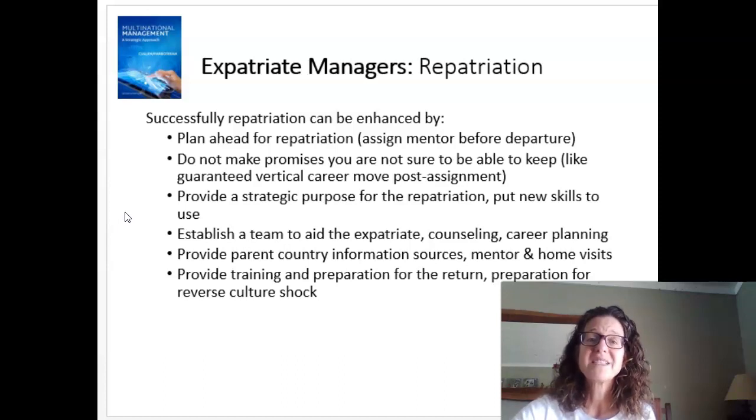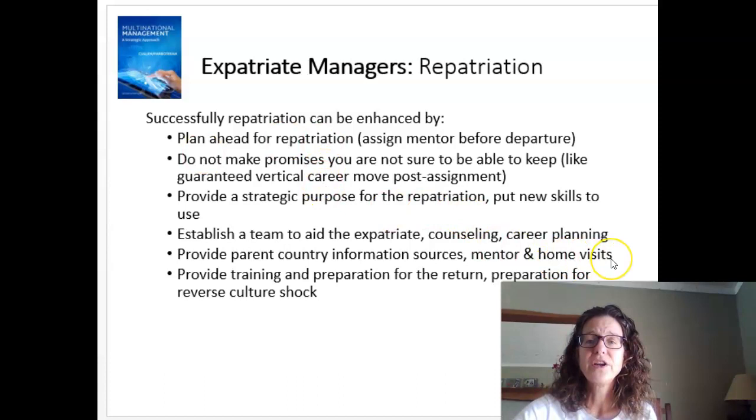Many organizations have teams in place to assist expatriates upon return and reach out to the expatriate well ahead of return to plan for their return home, both in the logistical sense, but also in terms of career planning and looking ahead at opportunities that exist in the organization, both in the home country and worldwide. Some expatriates may choose to return home. Others might go from one assignment to another assignment in a different country.